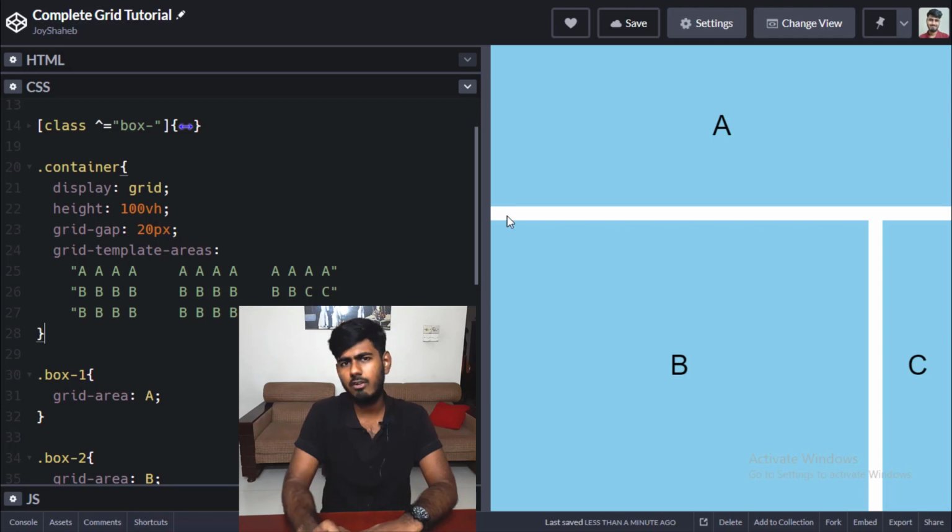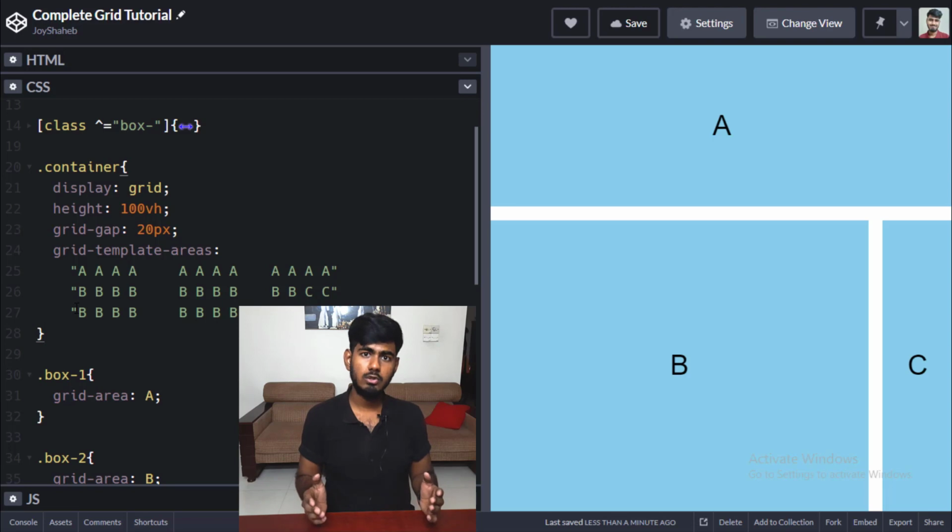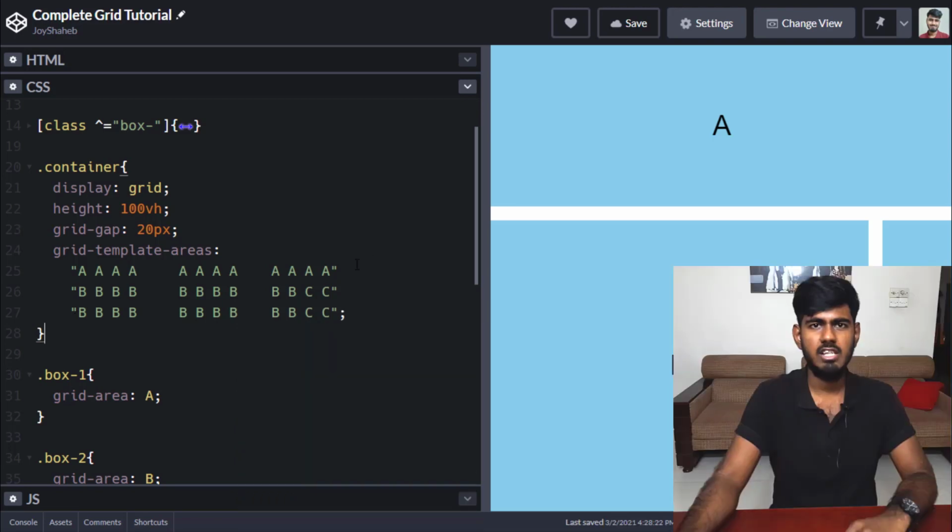But you might ask me a question: we're gonna use 12 rows, but why is there just 3 rows? 1, 2, and then 3. Why is there just 3 rows? Well, you can also use the ratio. So this is the first row over here, and this is the second row. Okay? This is a single line of code, and this is 2 lines of code over here, which means that